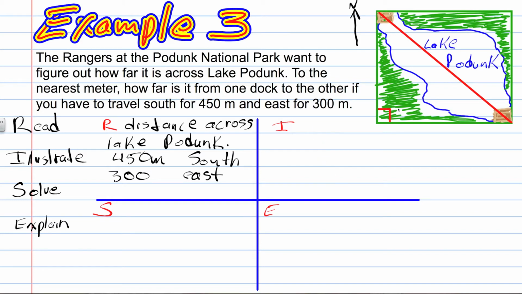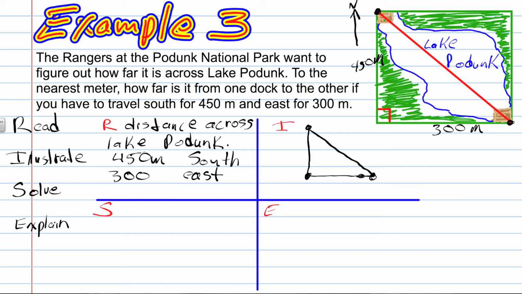So illustrating this, we can see we're given a map here. We're going to go from this dock down to this dock. And from here down, that's a distance of 450 meters because we're told we're going south 450 meters. Then from here to here, that would be a distance of 300 meters because that would be traveling east. So what we end up having is a more simple diagram in our illustrate,